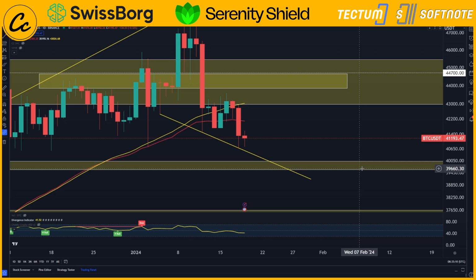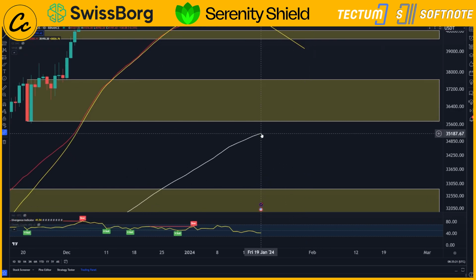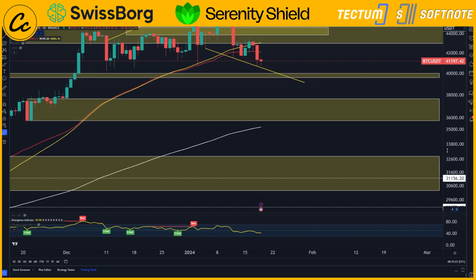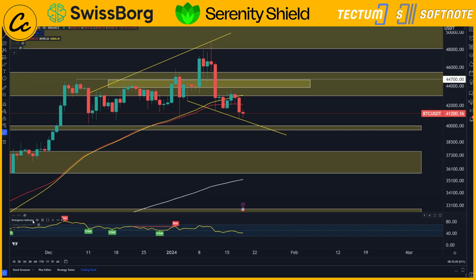The yellow line is resistance right now. That is the 50 SMA coming in at $43,026. So all of that is looking bearish there. Now, the 200 EMA is actually sat a lot further down in price chart at $35,193. So that's going to be the area of focus for us to think about retesting at some point in